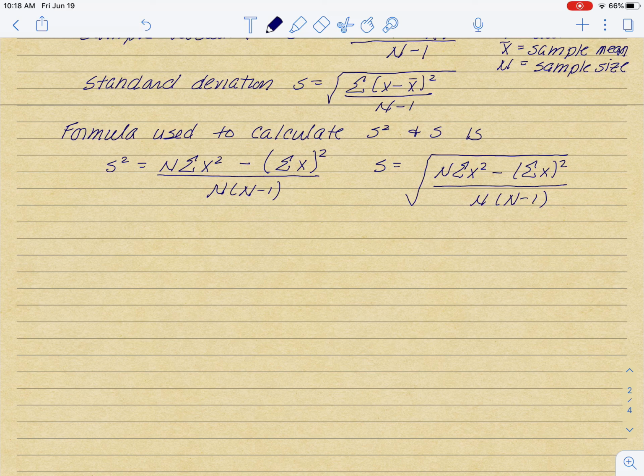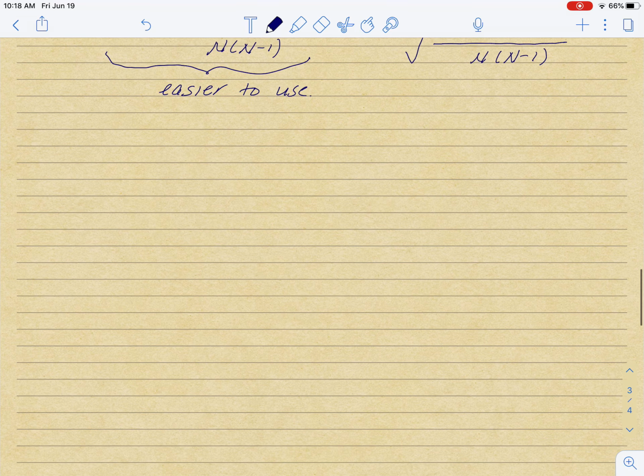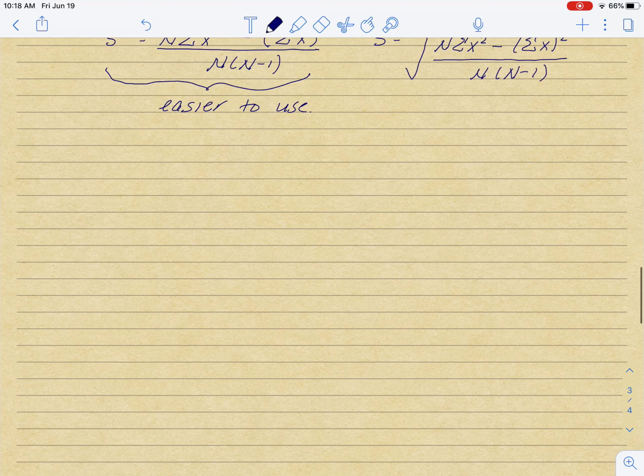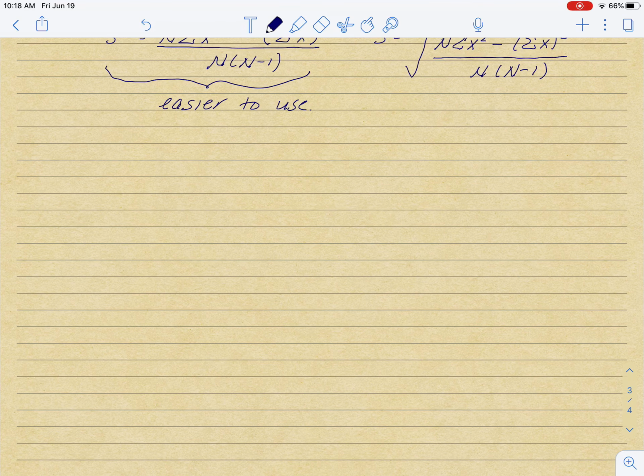All right, so those are our formulas. This one is just easier in the long run to use. So let's do an example, and we'll set up our data and our data table for all this stuff that we have to do. Okay, so we want to find